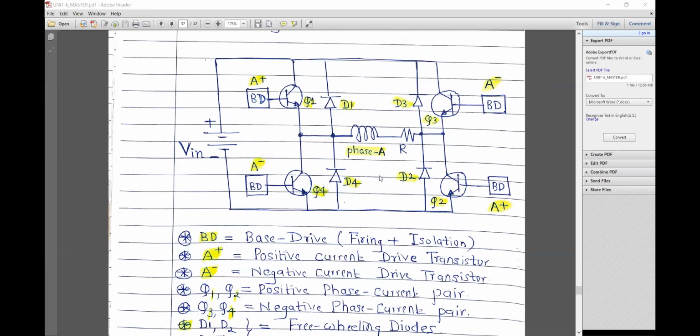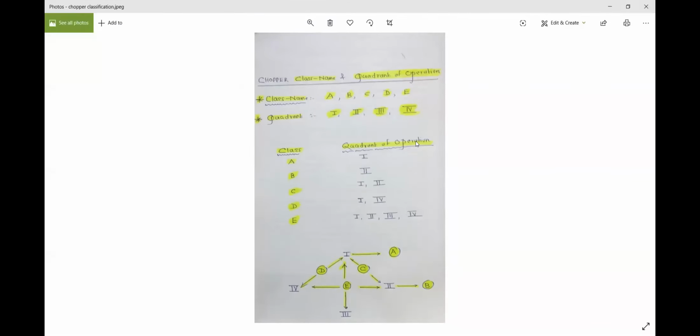So if you refer to the literature for chopper, I will flash that thing which I had sent on WhatsApp. So please refer to this. Are you able to see this photo? Yes, sir. Are you able to see chopper, class name and quadrant of operation? Yes, sir. So if you carefully see here, now